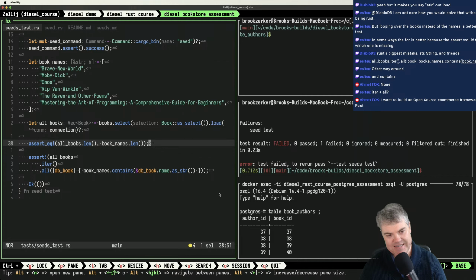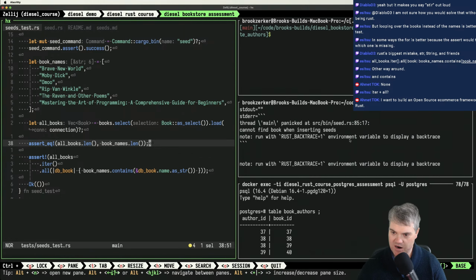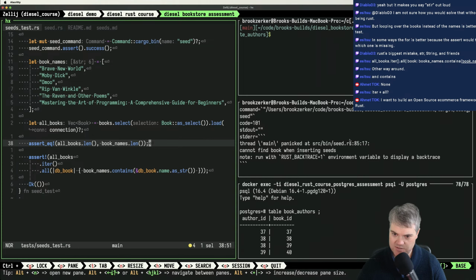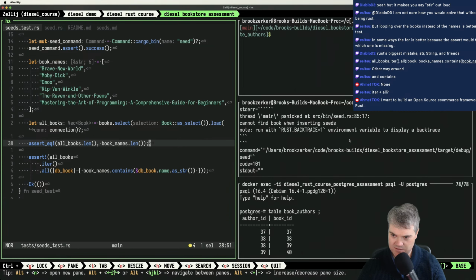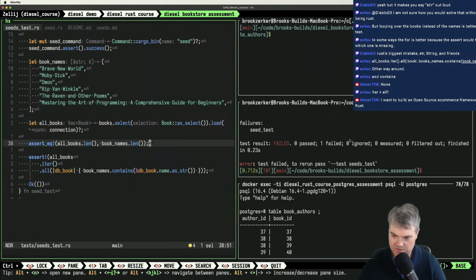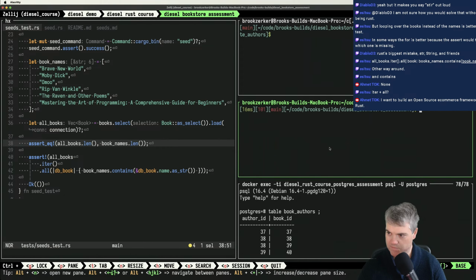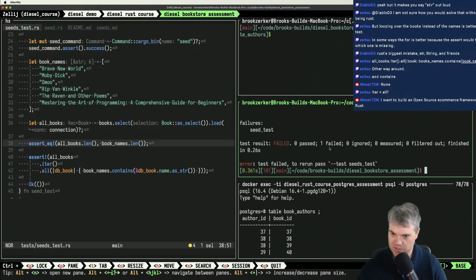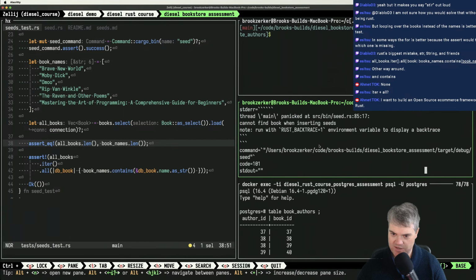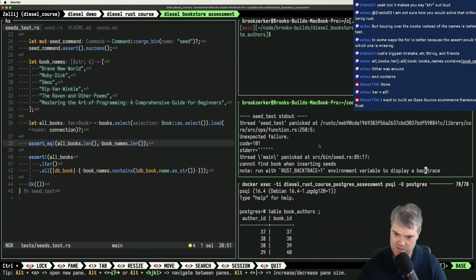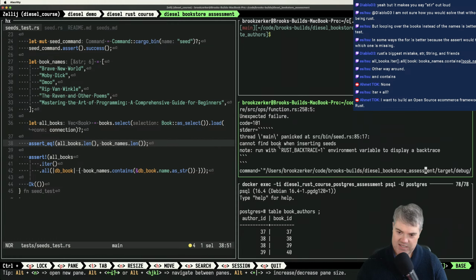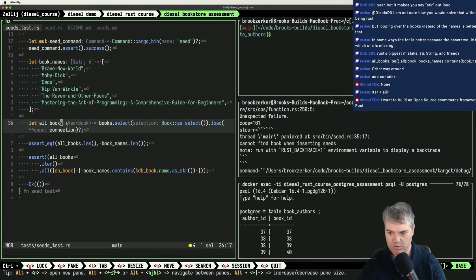Okay, so the problem here is our errors coming out. Do we get different errors without that? No, we get the same error. So the problem is cannot find book when inserting seeds. Where